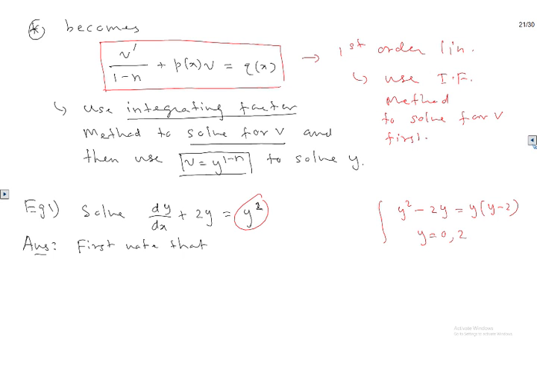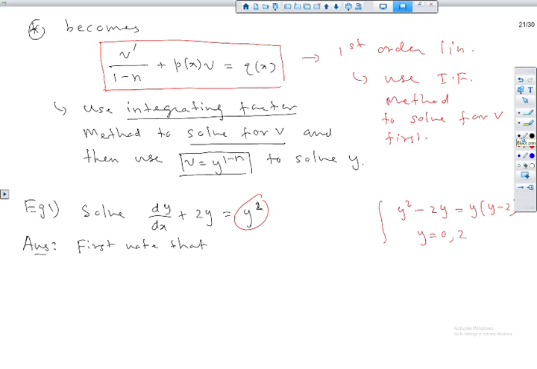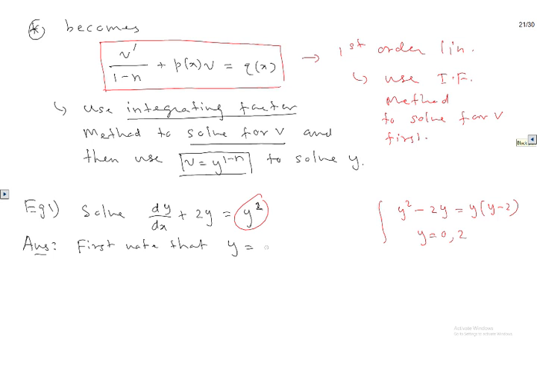So let's exclude them first, because they're going to create problems. So first note that y equal 0 and 2 are solutions. These are what we call singular solutions. Okay, and then we're going to make the assumption that y is not equal to 0 or 2,